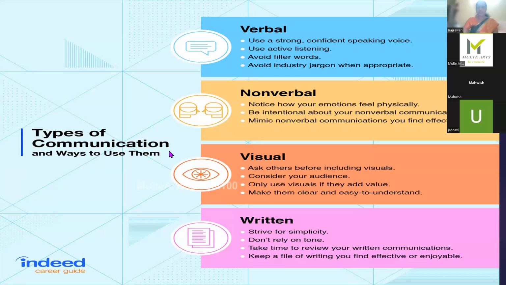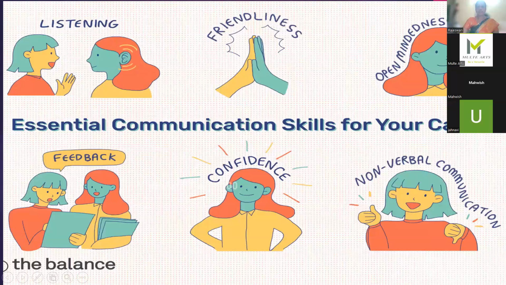These are the basic skills in speaking. Now, the essential skills in speaking are listening, being friendly, then open-mindedness, and whatever things you feel, you have to give feedback with confidence. Without confidence, you cannot do. That is how you build up essential skills required for your career, maybe in teaching, maybe in talking, maybe in your job interview or anywhere. The first and foremost thing is body posture, then eye contact, then your confidence levels. People will observe how confident you are. The moment you are confident, you will do well.